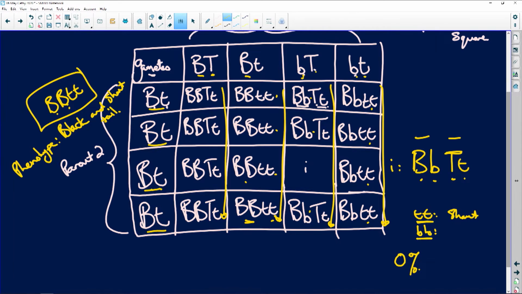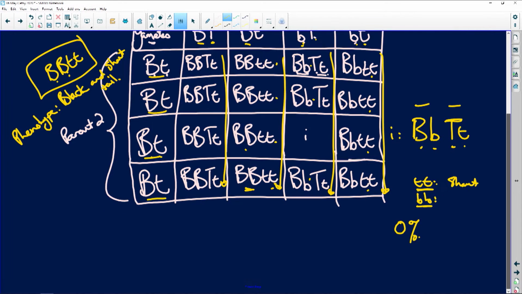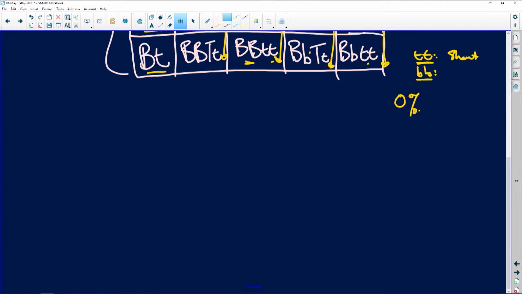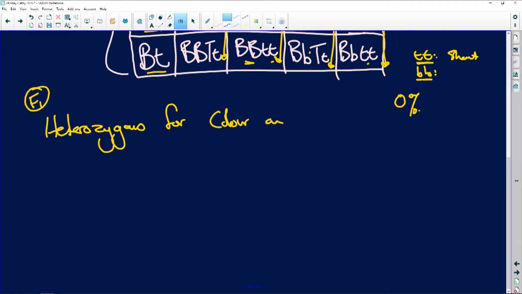And then, state the genotype of two gametes from the table above that will result in offspring that are heterozygous for color and length of tail if fertilization occurs. Alrighty, so now look. We want them to be heterozygous. Let me just zip this down. The question says we want them to be heterozygous. So the offspring, hey, the babies, the F1, must be heterozygous for color and length